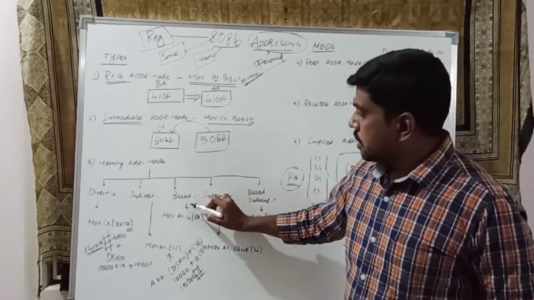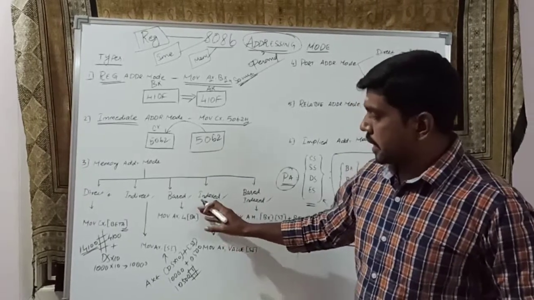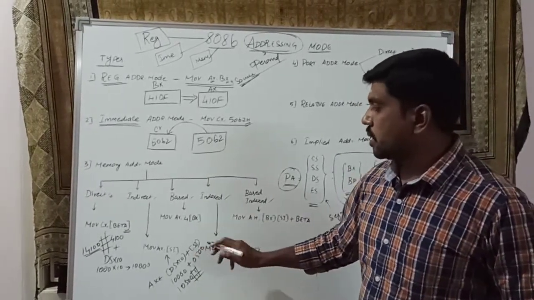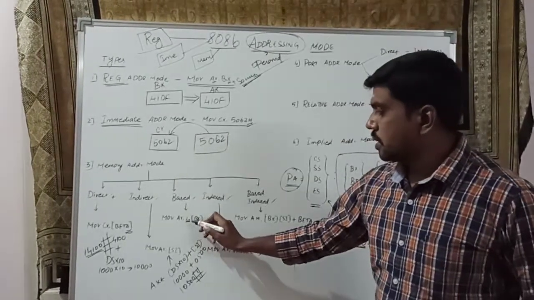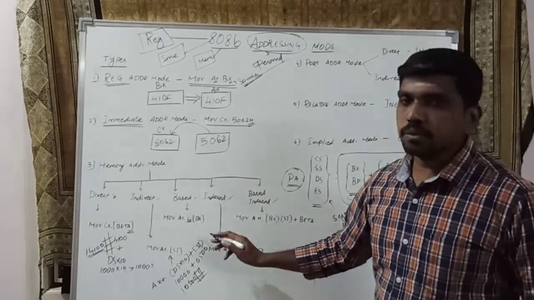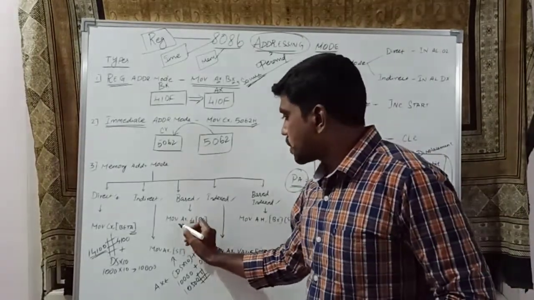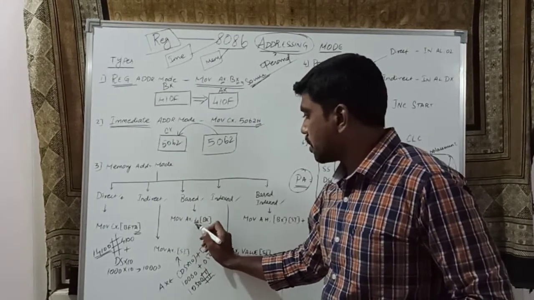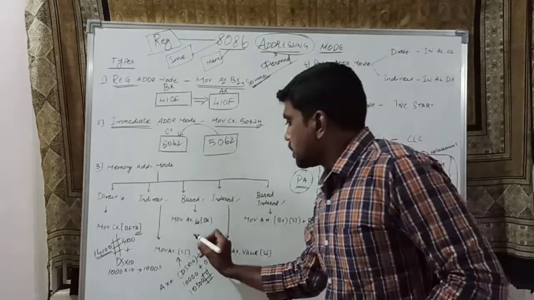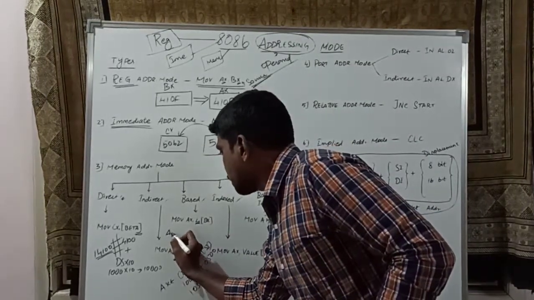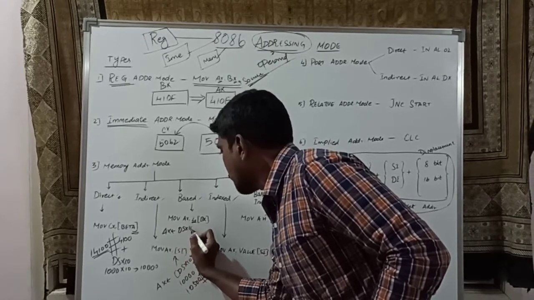The third addressing mode is based. In this addressing mode also, the explanation is similar, with only one difference. In this example, we use 4, a numerical value, which is considered a displacement value. The example instruction is MOV AX, 4[BX]. So BX is a base register. After execution of this instruction, AX gets the value at data segment times 10